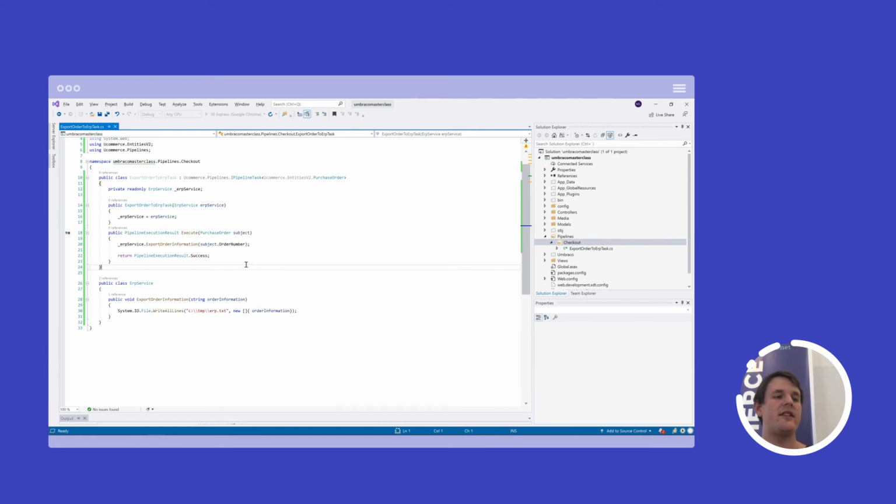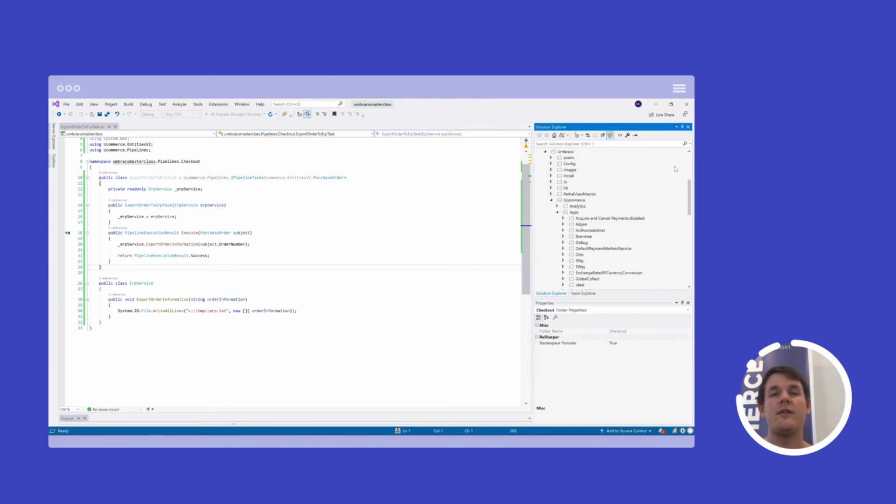So now we have to configure it, and we have to hook it into the pipeline where we need it. That doesn't happen automatically because we also need to set up the context where this pipeline task is being executed. To do that, I need to find the apps folder of UCommerce. I am right here in my Umbraco masterclass, but this, of course, goes without saying, is the same thing across all CMSs. You have to find the UCommerce folder.